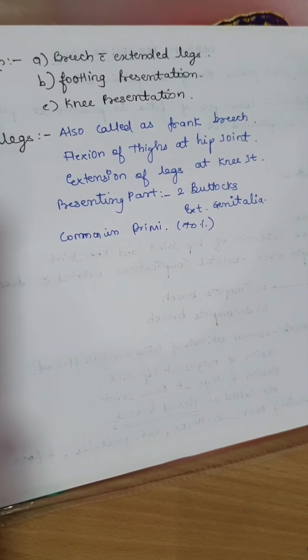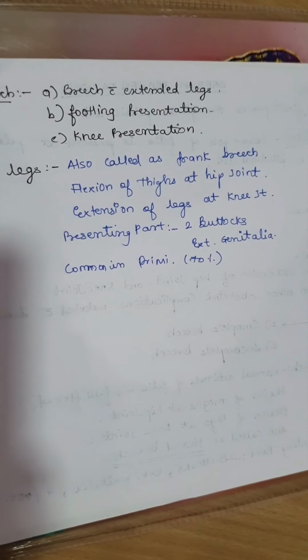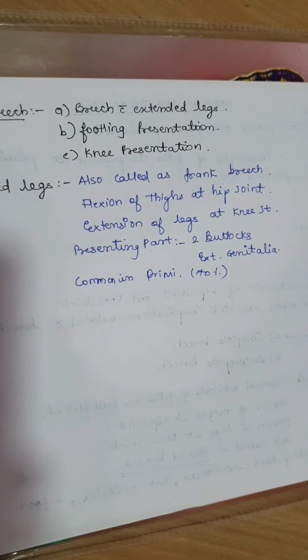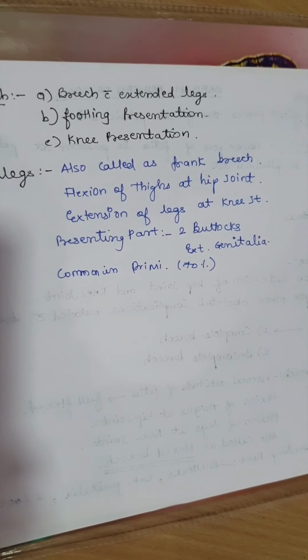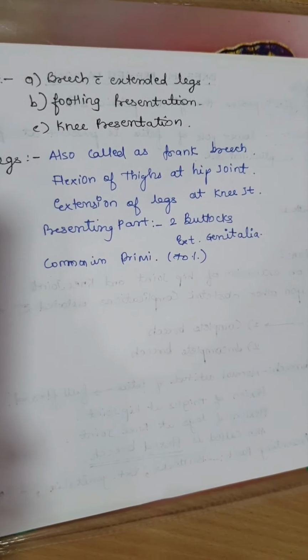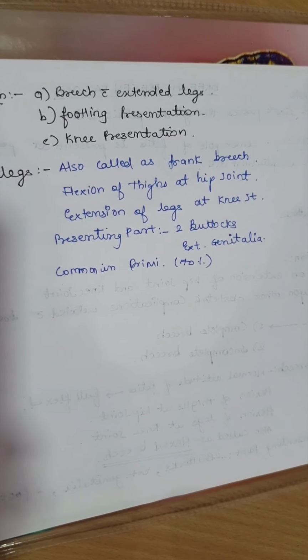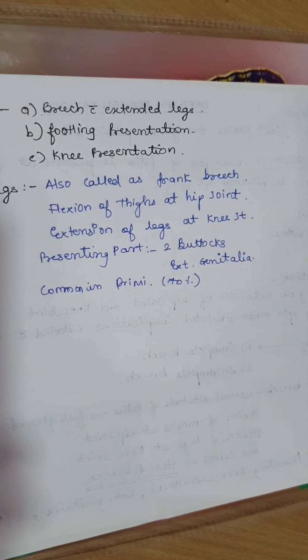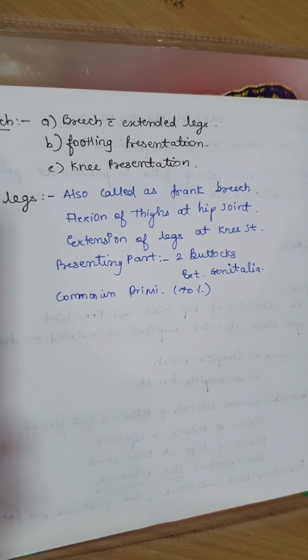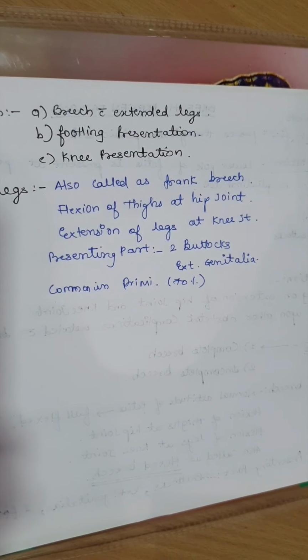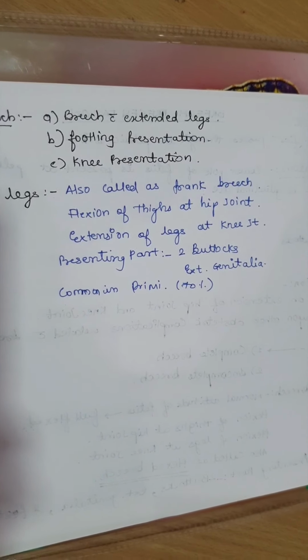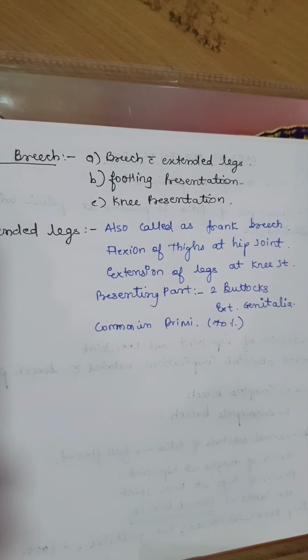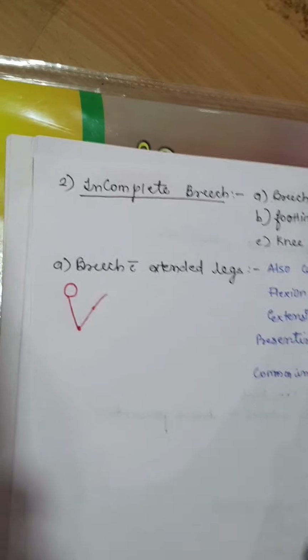And why does this occur? This occurs because it is a primi, and no efforts have been taken prior by the uterus, so there will be good uterine tone. There will be no laxity in the abdominal wall, so the abdominal wall tone will also be good. And as it is a primi, there will be early engagement in this type of breech presentation. So this is the most commonly found breech in the primigravida. The second one is the footling presentation.